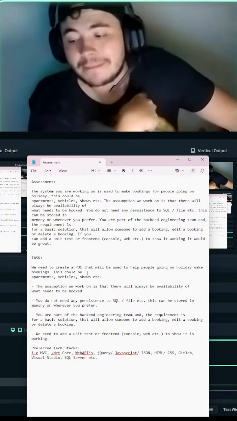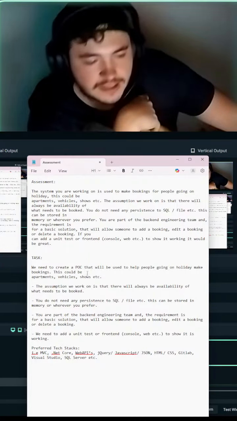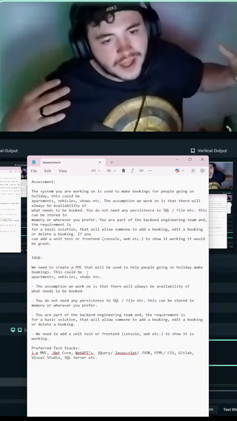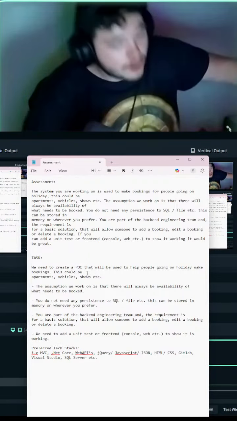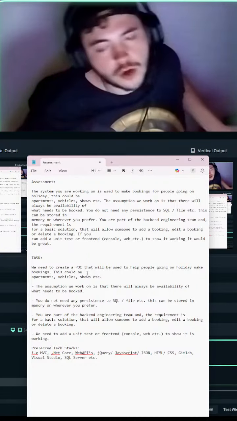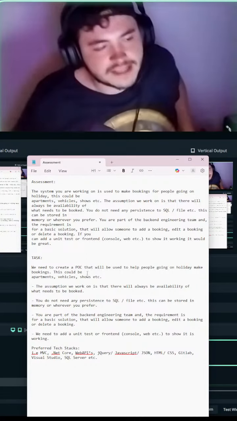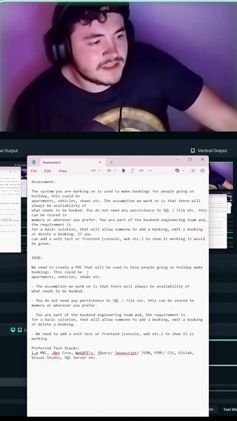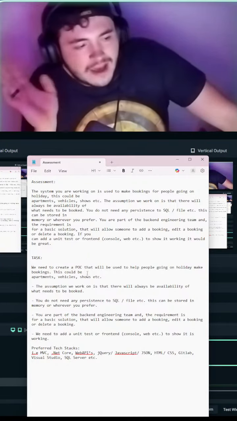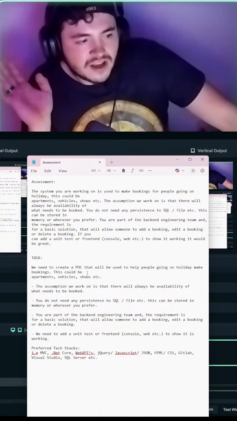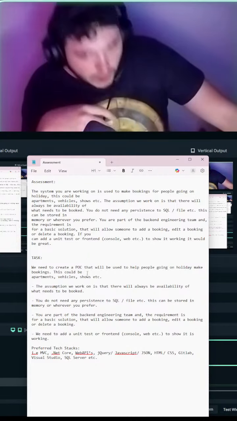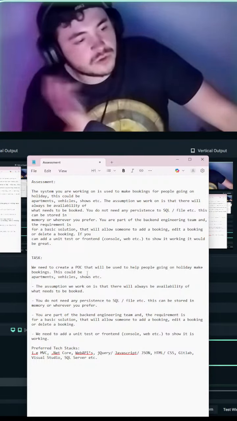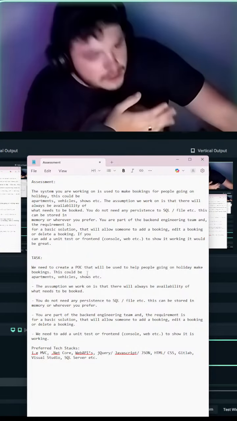Why they made that distinction in particular is, in a normal system, if I wanted to make a booking for a car, there's obviously only going to be a certain number of cars that can be booked. In this particular assessment, we don't need to worry about whether or not there are enough cars. We don't need to build out the logic that checks that. We just need to worry about the actual making of a booking.